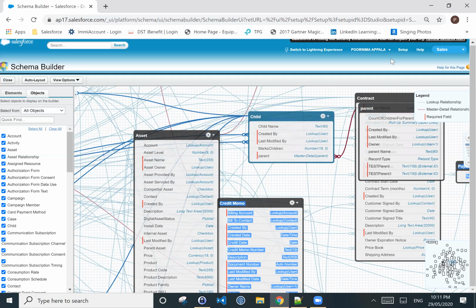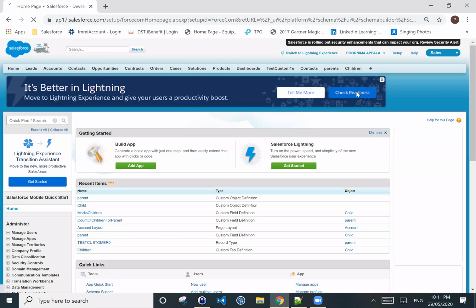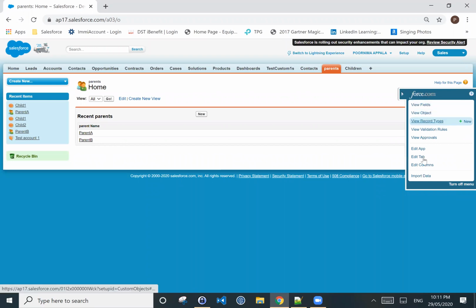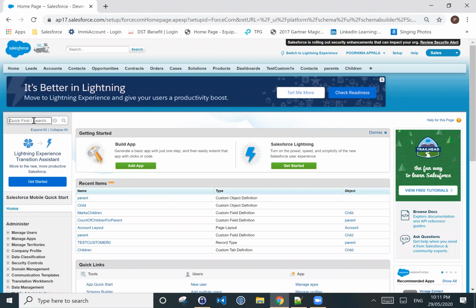What does this mean? Generally, we go to parent, right? We open new fields, objects and everything. No need to do that here. Here in the schema builder we can see what the relation is.